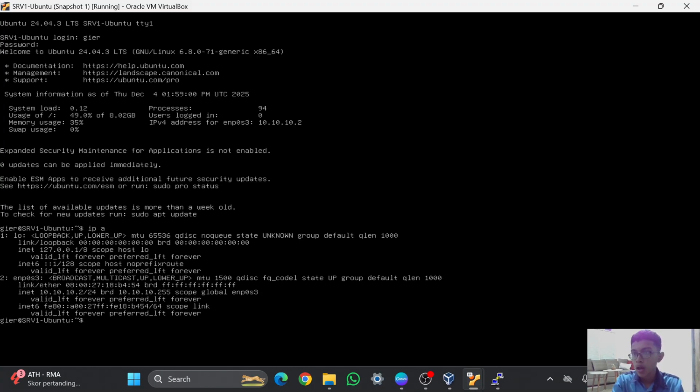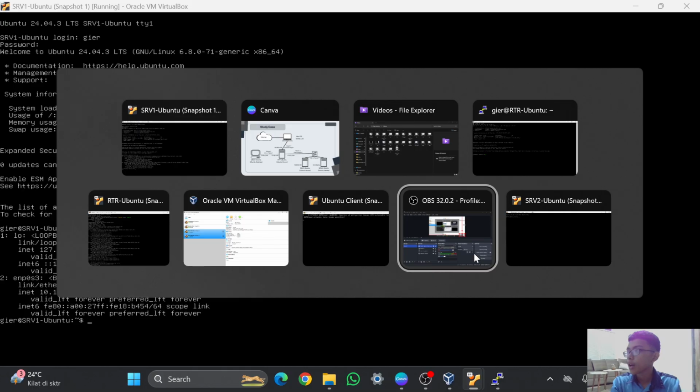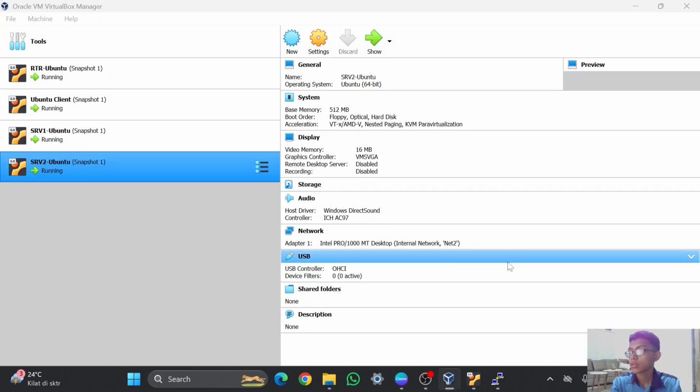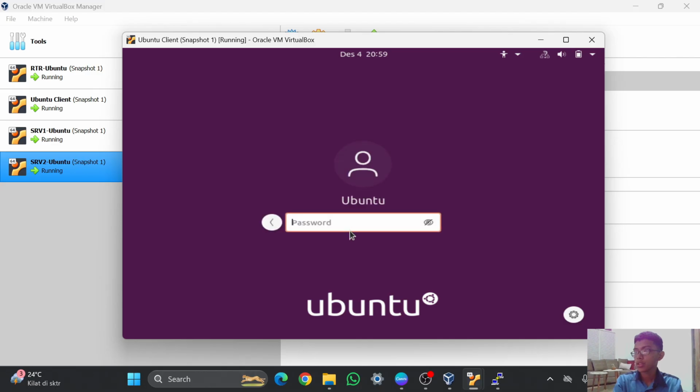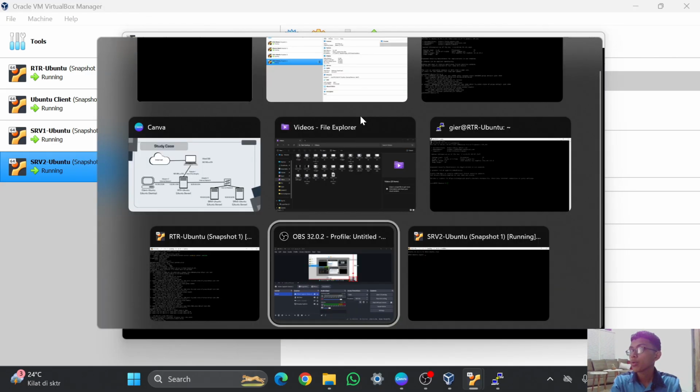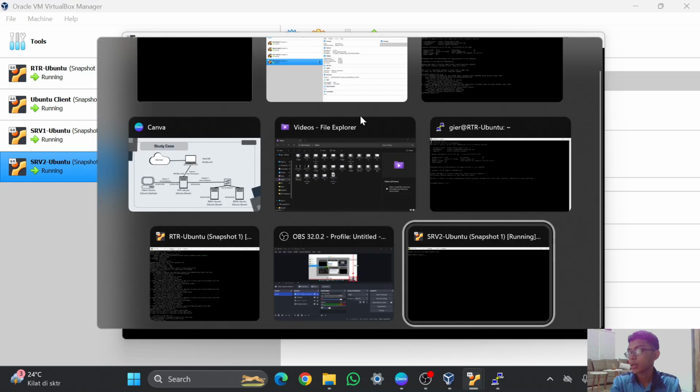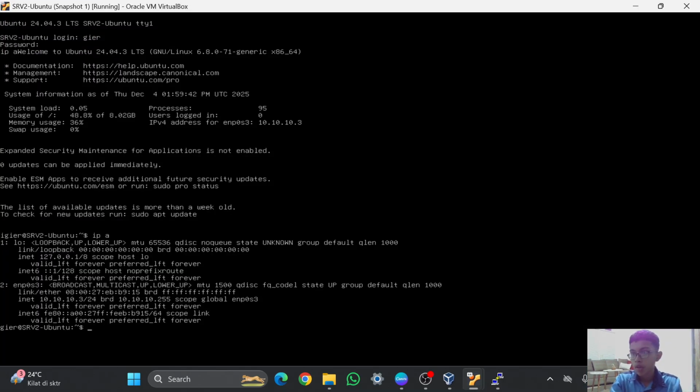For this one, it has an IP of 10.10.10.2, and I will open my Ubuntu client. My bad guys, I will log in first. While we wait, I will also check the server 2 Ubuntu IP. For this one, it has an IP of 10.10.10.3.